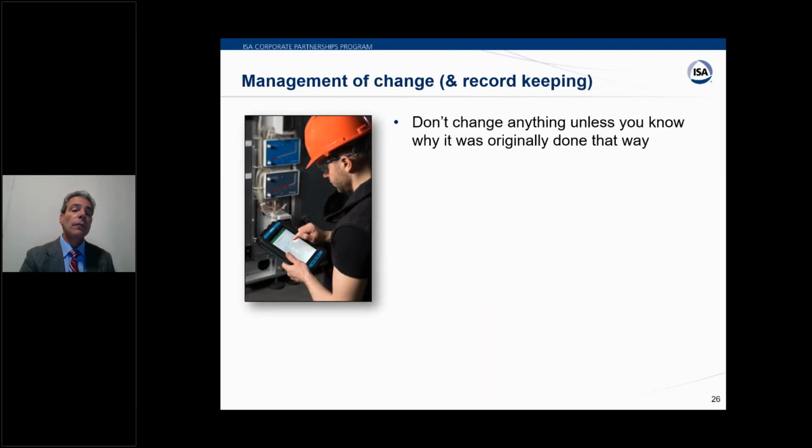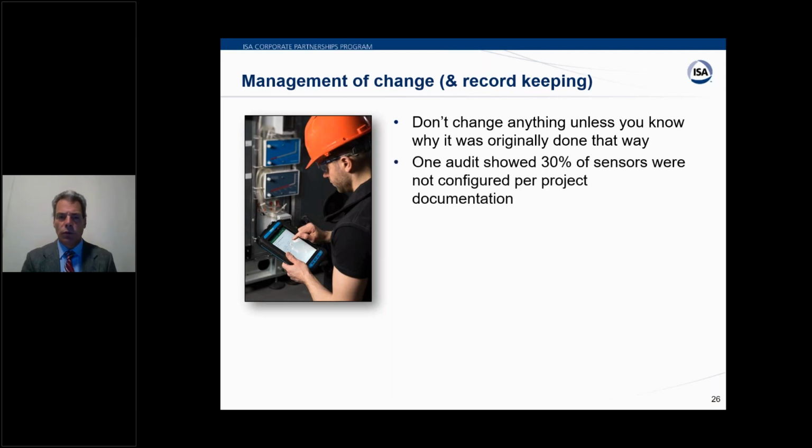Everything changes in the real world, whether it's transmitters change, set points change, but you need to follow with a safety system. It's extremely important. It's clause 18 in the standard on management of change. Don't change anything unless you know why it was originally done that way, but in the real world that doesn't always happen. I know of an audit that found 30% of the sensors were not configured according to the project